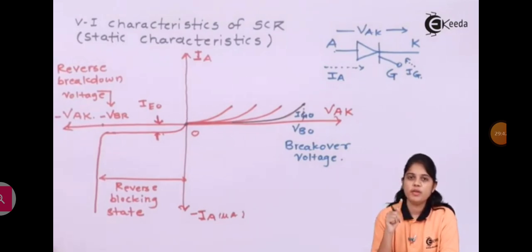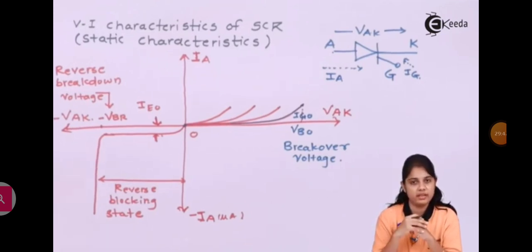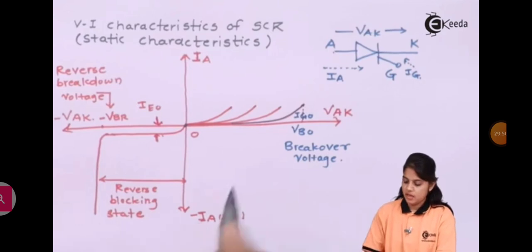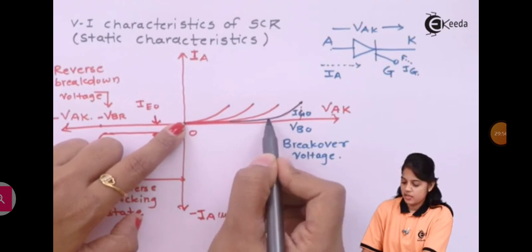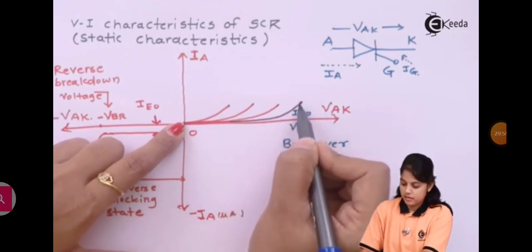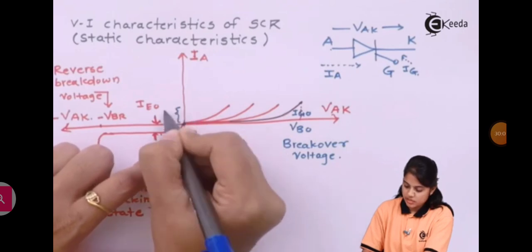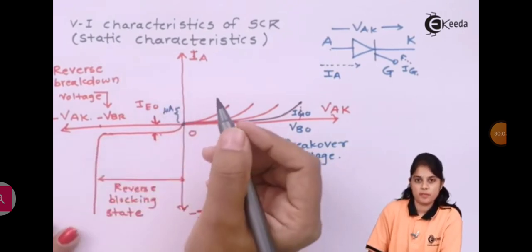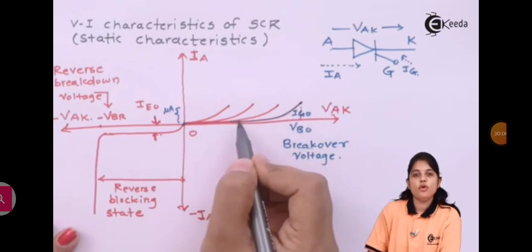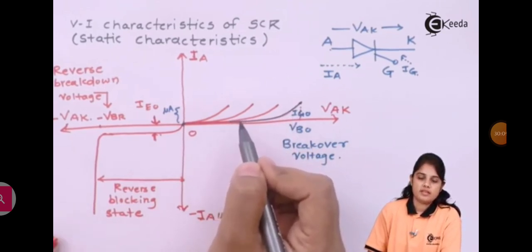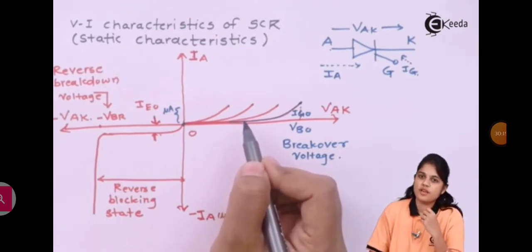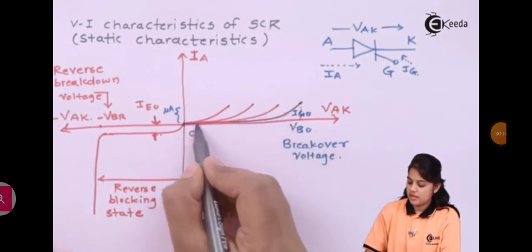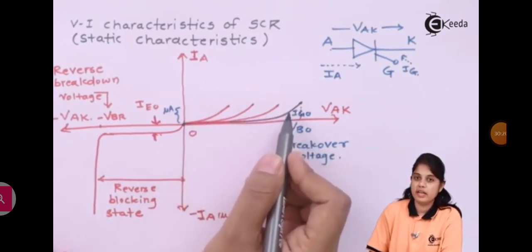There will be a flow of current, that is a forward current, but the SCR will not be in a conductive mode. It will be in an off state. Look at the diagram here. You can see as you are increasing the voltage, your current is also increasing, but only till one point. You can consider this particular stage to be in microamperes. So this current flows due to the minority carriers, thermally generated carriers. So this is known as the forward leakage current, similarly as we have seen in the reverse blocking state. So this current you can see over here is the forward leakage current.